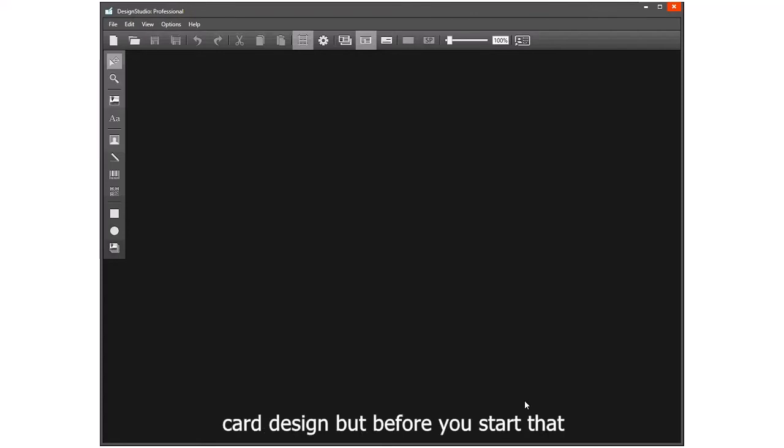But before you start that, it's always useful to have some information readily to hand. So you need to know, are you creating a dual-sided or single-sided card? What is the orientation of the card? If you're using any graphics or logos, where are they located on your PC? Is there a need to put text onto the card? Is there a requirement then for that text to be in a particular font size and font type? These are all questions that you need to have answers for and to have the information associated with those answers